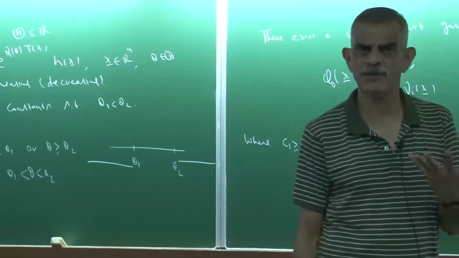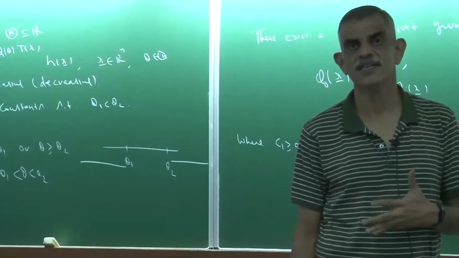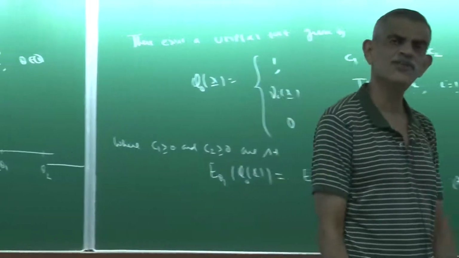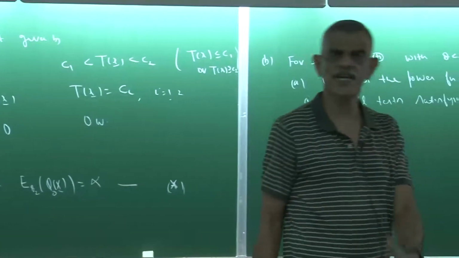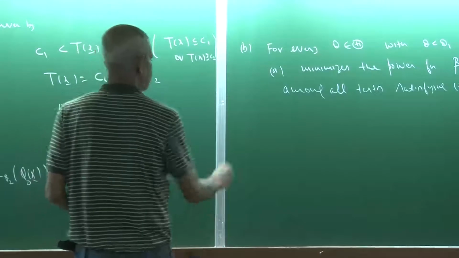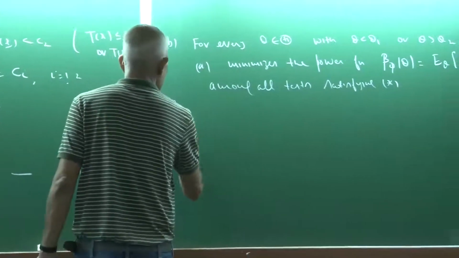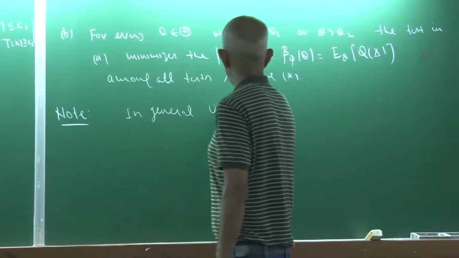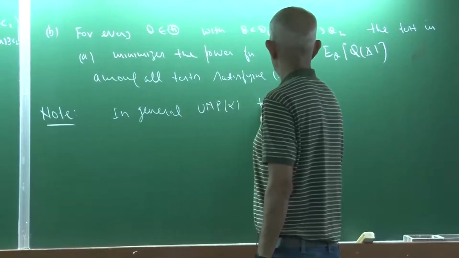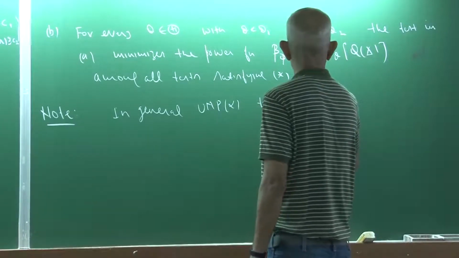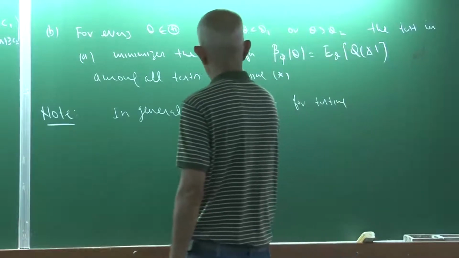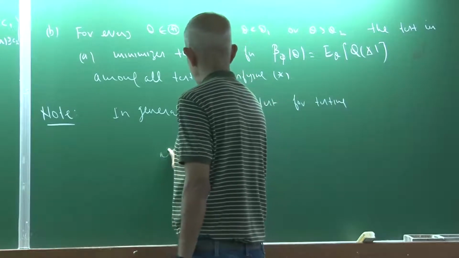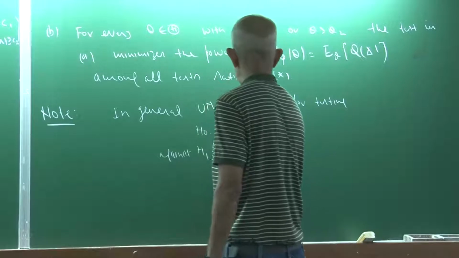So one such hypothesis could be theta is equal to theta naught against theta not equal to theta naught, where theta naught is a fixed constant. Now one can see that in general, a UMP alpha test for such a hypothesis does not exist. So let me write down this as a note. In general, a UMP alpha test for testing H naught that theta is equal to theta naught against H1 that theta is not equal to theta naught,